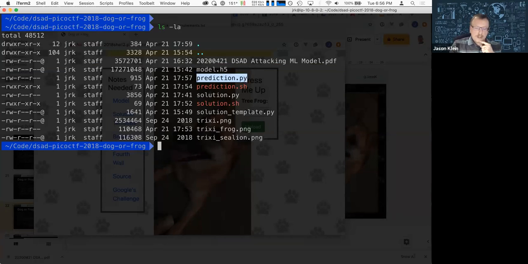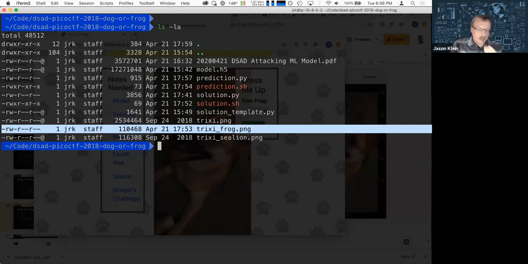So this is my prediction script. I'm trying to avoid showing some of the deprecated warnings since this is older code, so I have a little shell script to kick it off minus some of the warnings. Same thing with the solution. So they provide the solution template, and we'll look at that here in a second, and then we'll dig into the solution, like how did we get it to generate this example right here that we're going to end up talking about.